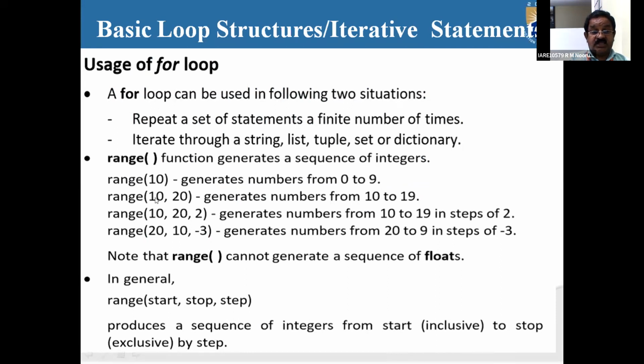Here you have mentioned range 10, 20. That is, the beginning is 10 and the ending is 20. It will generate the numbers from 10 to 19. Next, the range you have is begin 10 and end 20, and the step you have mentioned is an increment of 2: 10, 12, 14, 16, 18. It's not going to include 20, it is going to go up to 18 with that.